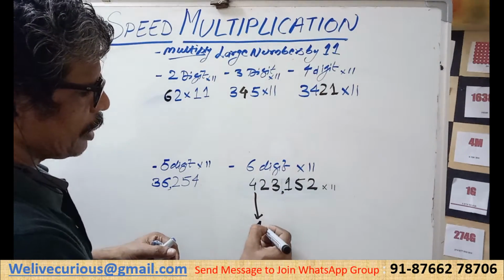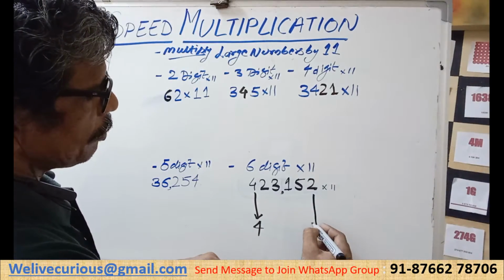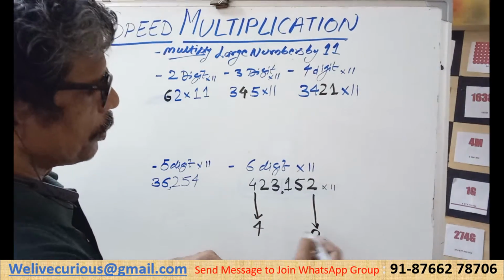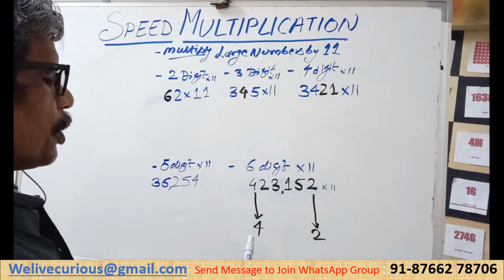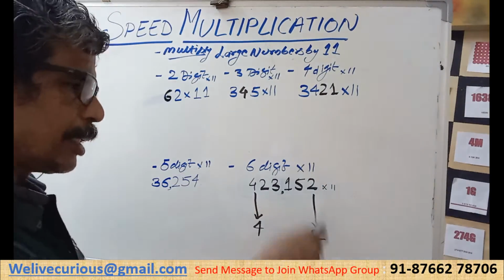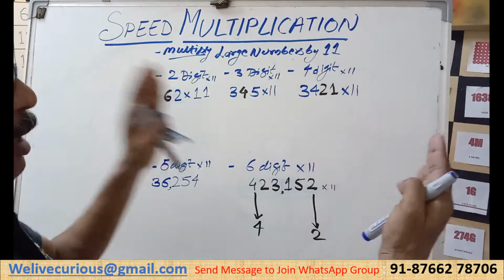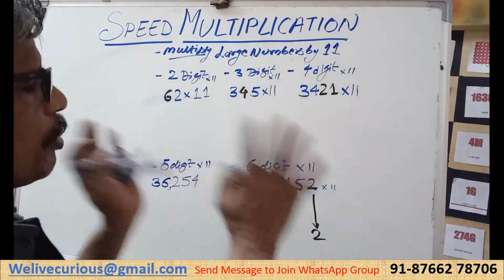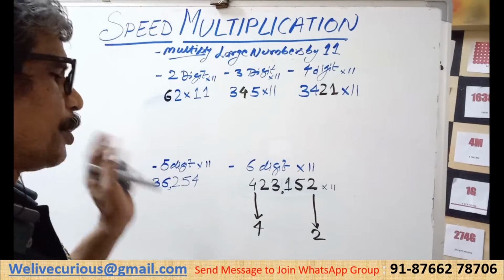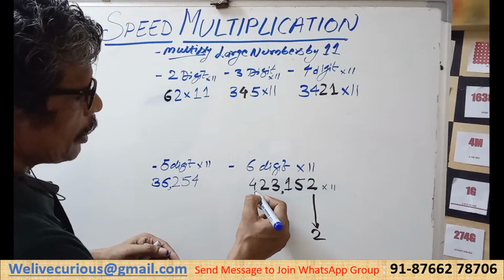Drop the first number as it is, 4. Now drop the last number as it is, 2. So you have 4 here, 2 here. As it is, we have written the boundary numbers, the leftmost number, the most significant digit, and the rightmost number, the least significant digit. Now you don't have to do much. You simply add these two